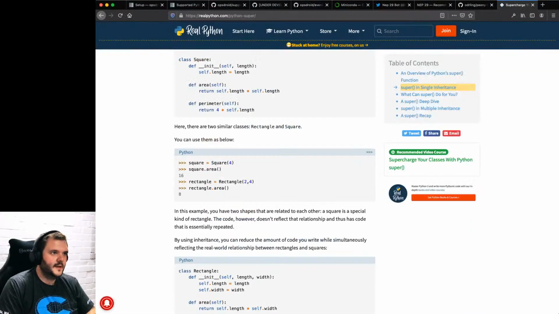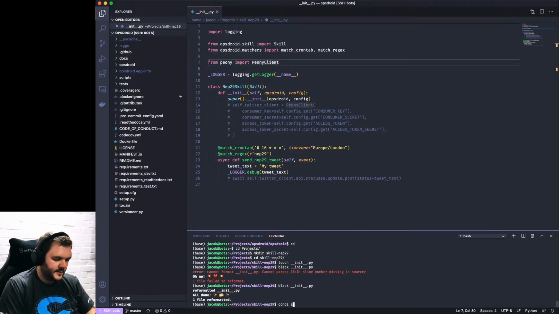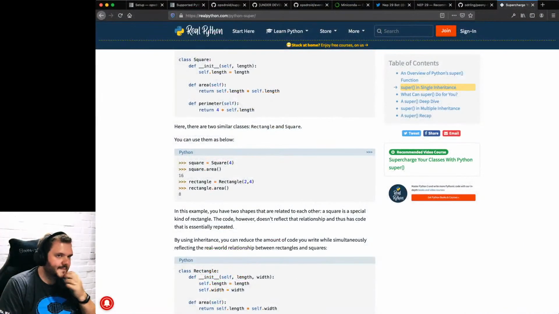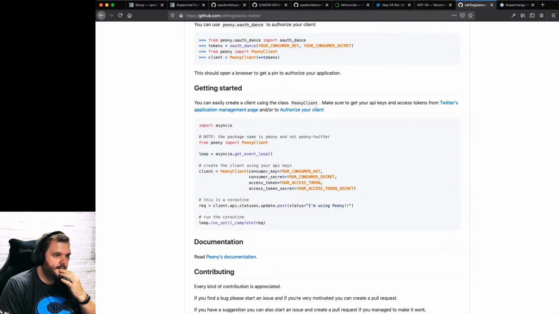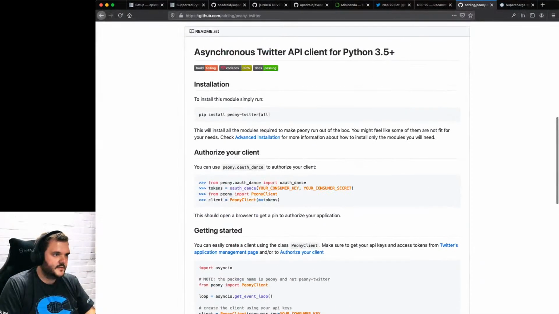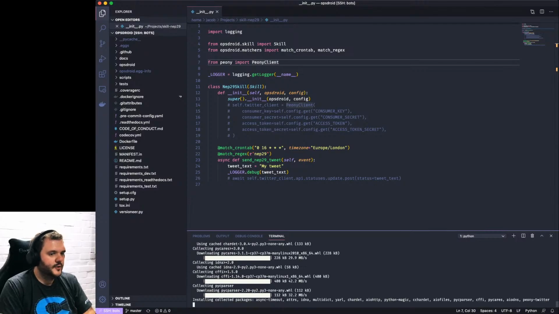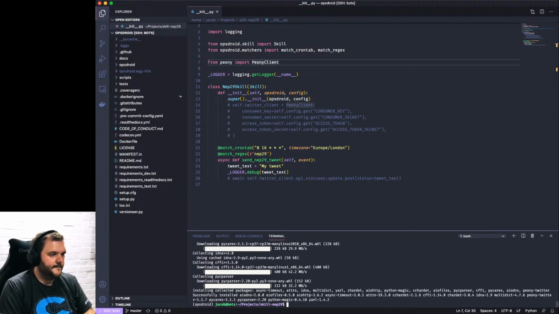Let's do that. Let me activate Opsdroid. Is this right? So I've got it there for testing and things. So I will import it, but I won't use it. Now